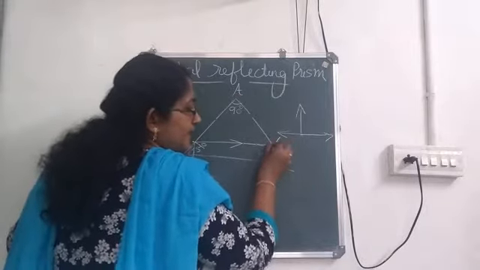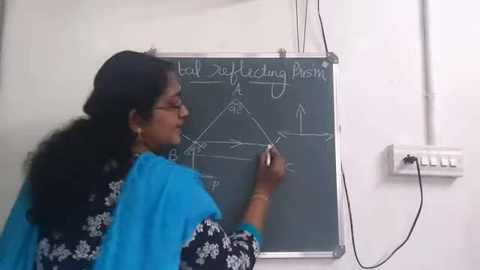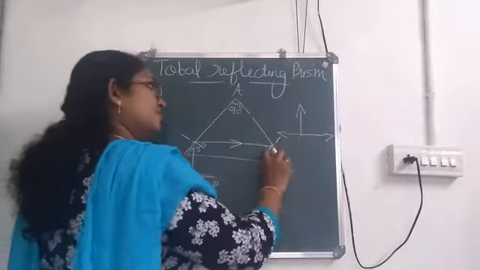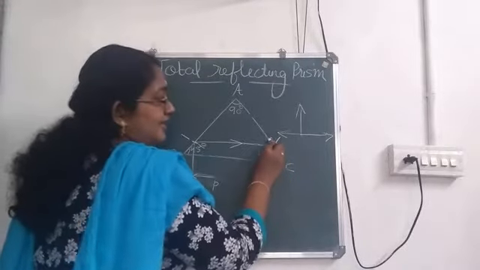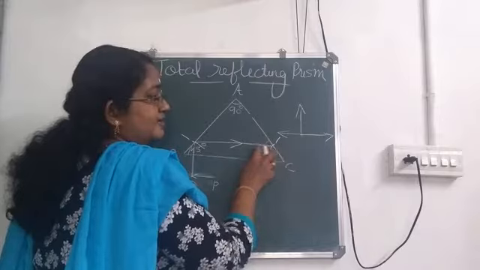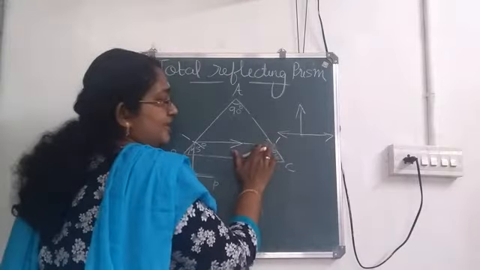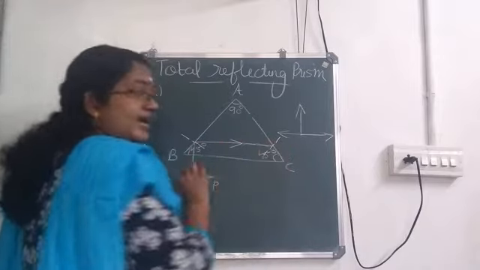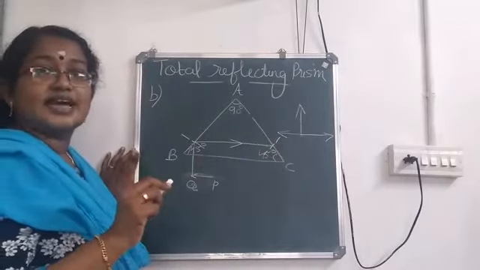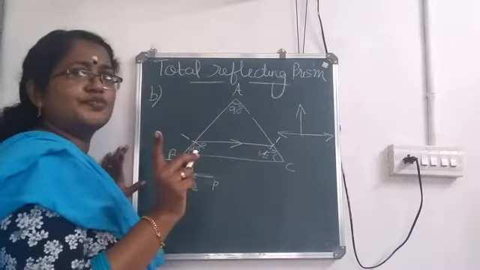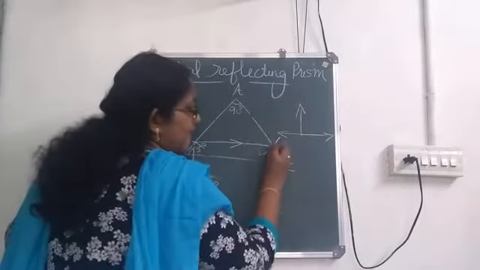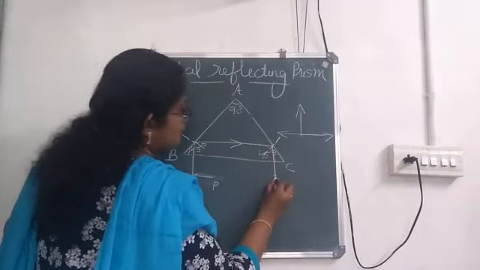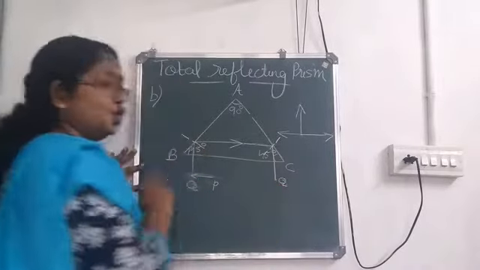Here also same thing. It is not normal incidence. Here this entire part will be 90 degrees, when you are drawing the normal, isn't it? This is 90 degrees, but this is half of 90 degrees, 45 degrees. So here the angle formed is 45 degrees. So what happens again? Angle of incidence is greater than the critical angle. What was the critical angle of glass? 42 degrees. So the ray comes down. So which was this? This was the point Q.